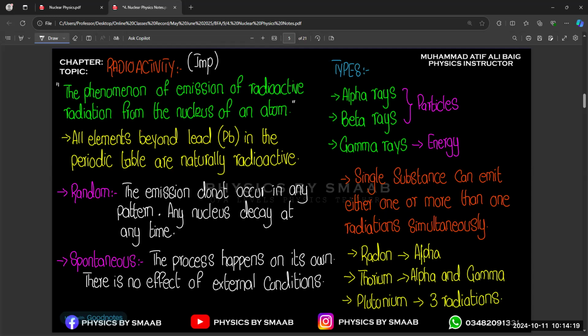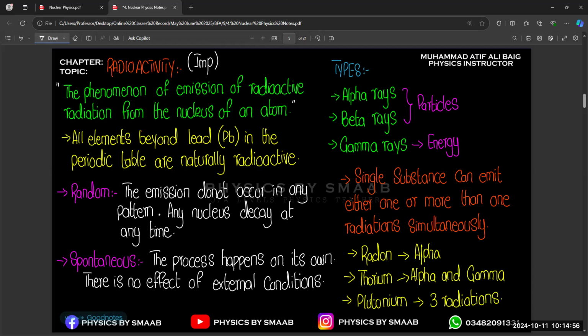When something is coming out from some body, just like if we take the example of the sun, from the sun we get sunlight, but also some thermal radiations are coming out from it. We studied that in thermal physics. The word radiation, you know about radiations, okay? That is completely wireless communication without any source. So what happens in radioactivity? In radioactivity, there is the emission of radioactive radiation from the nucleus of an atom.